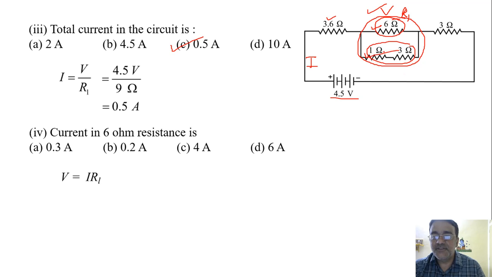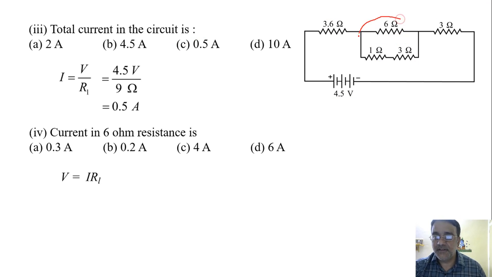That voltage will be same for these two resistances. Why? Because these two are connected in parallel. In parallel the voltage stays the same. Whether this is clear to all of you? Yes, sir. I am saying it again, I will write and explain again. I am encircling this one as R1. This is one resistance, suppose R1.